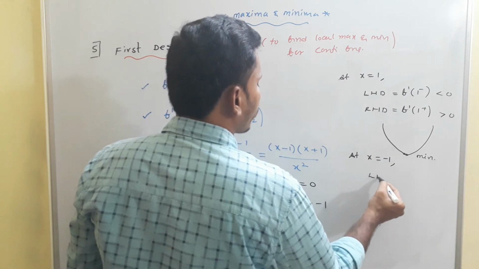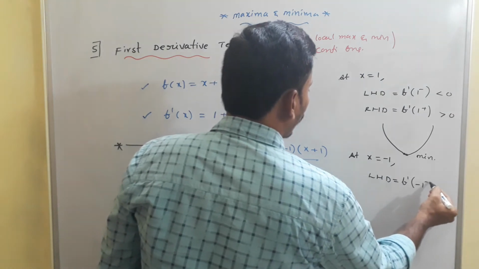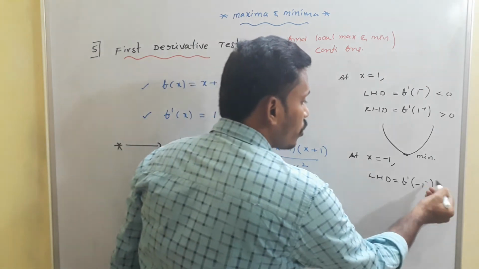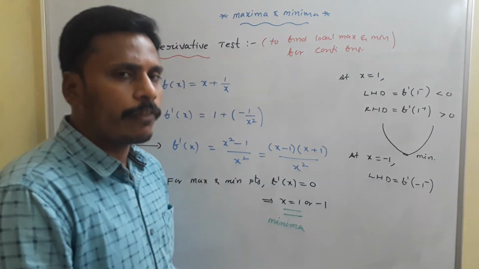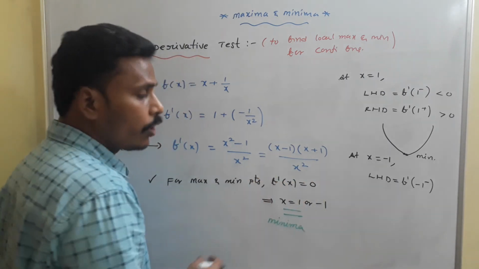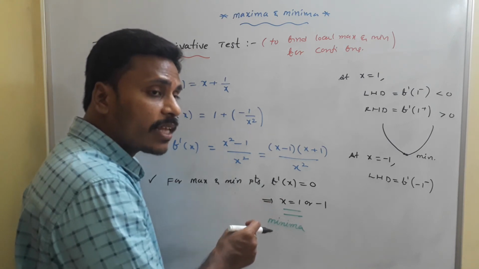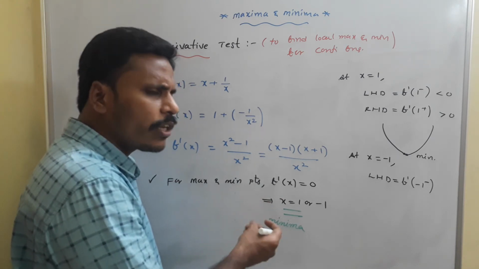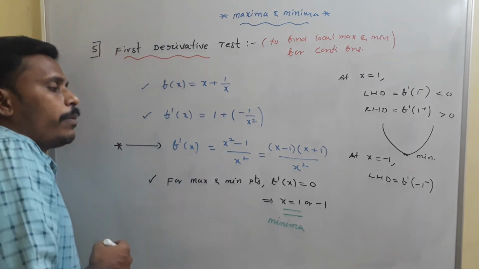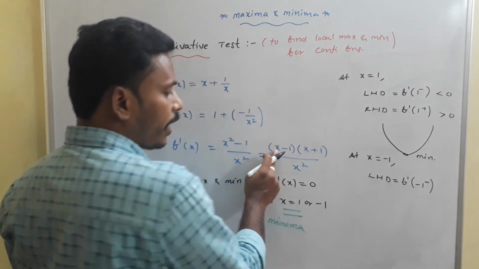At x is equals to minus 1, if you check the left hand derivative, you will get f dash of minus 1 minus. Minus 1 is the number and its left side we are discussing, so I am just using this minus sign. I think you are familiar with this notation. So, left side of minus 1, the x value is less than minus 1. Just use any number which is smaller than minus 1, on the left side of minus 1. It may be something like minus 1.1. If you check minus 1.1, something is negative.